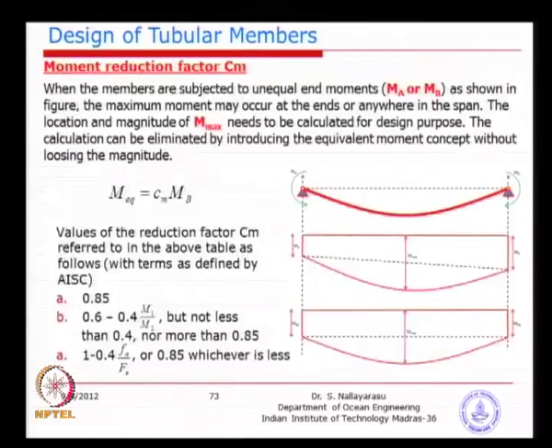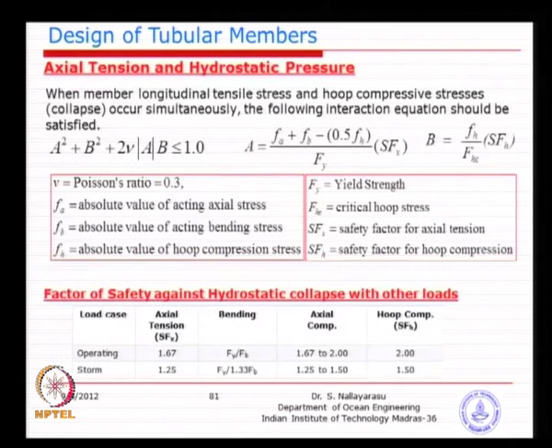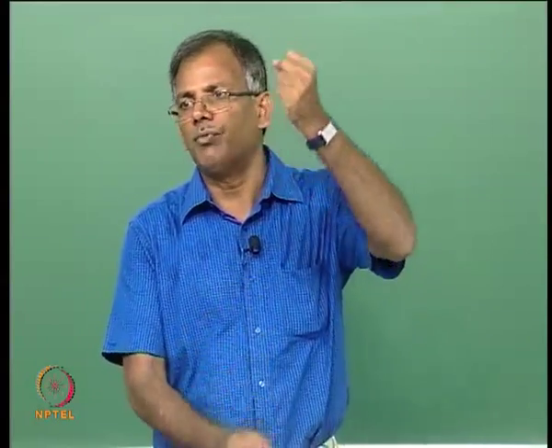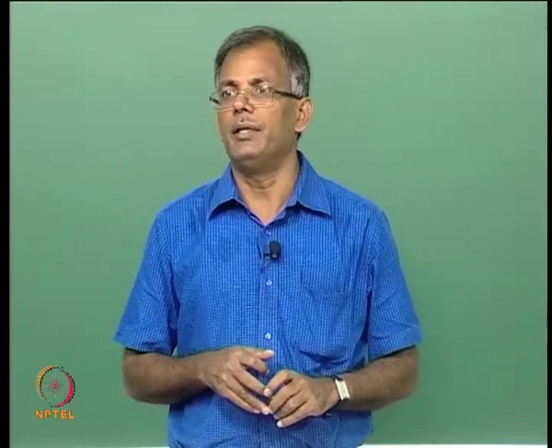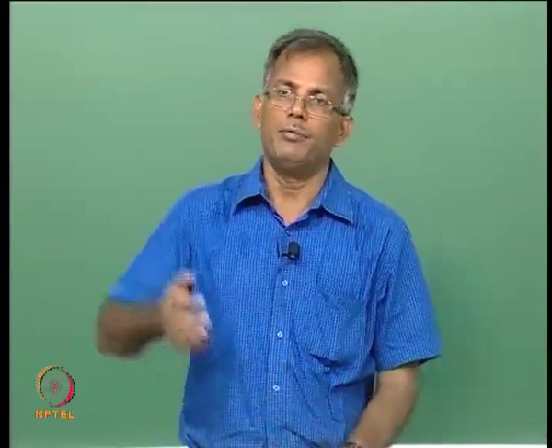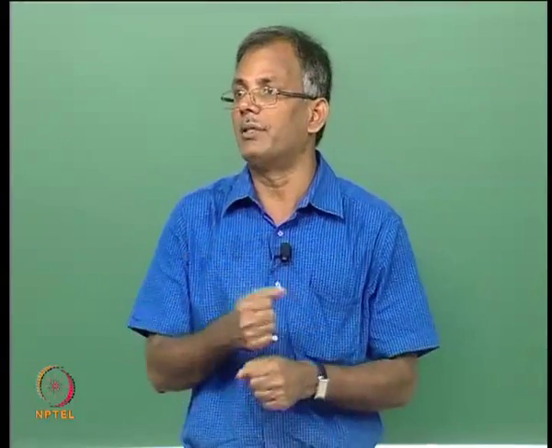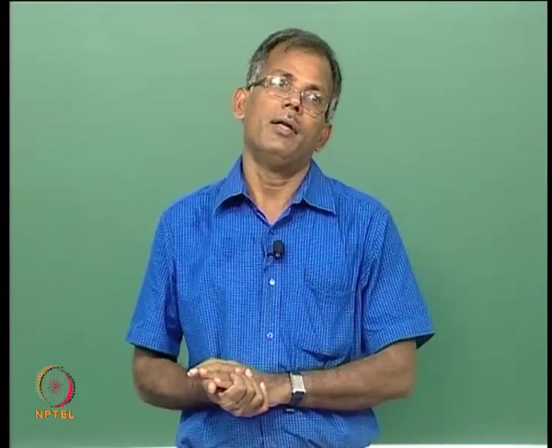Now, this is only combining axial loads and bending loads. What we are going to quickly look at is the stresses arising from hoop stress, bending and axial, because the hoop is added. For example, if you have a cylindrical structure with a tensile force and you apply the hoop stress coming from the hydrostatic pressure, it is going to add to the problem. And if you have a compressive force and an external hydrostatic pressure, it actually helps us. So the interaction is going to be slightly different: axial and bending stresses act in the same direction, whereas the hoop acts in a different direction, 90 degrees.